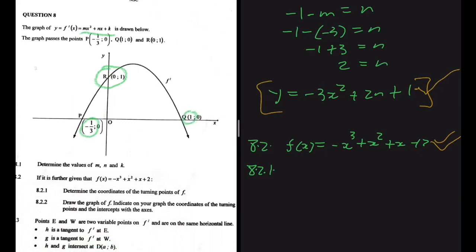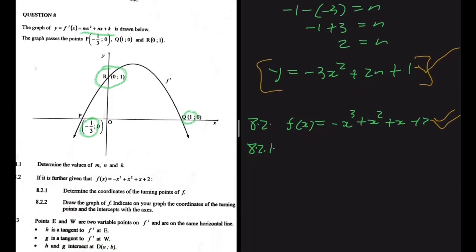We can just substitute these two values into f of x, right? So one turning point is going to be at f of minus 1 divided by 3. That is because if you want to find the x coordinates of the turning point, you derivate the equation once and you equate it to 0, right? Because the gradient there is equal to 0. So if we substitute that, we're going to get minus and then minus 1 divided by 3 to the 3 plus minus 1 divided by 3 squared plus minus 1 divided by 3 plus 2. I'm getting 49 divided by 27, right? Which I'm just going to round off to 2 decimal places and write it as